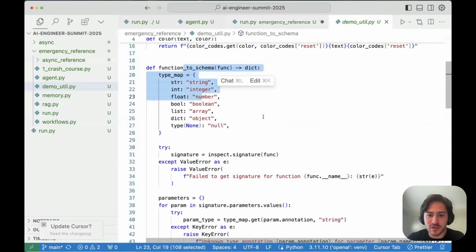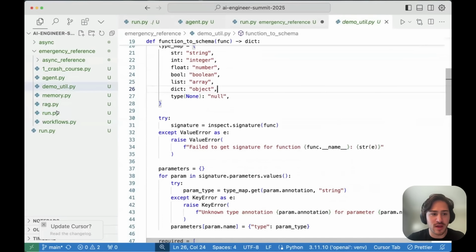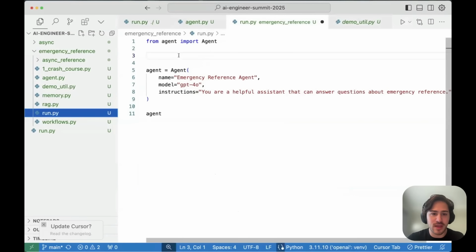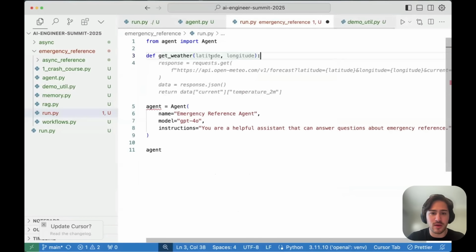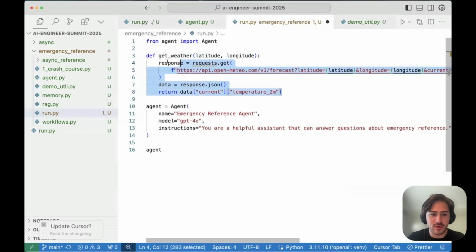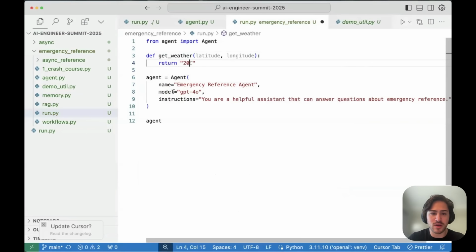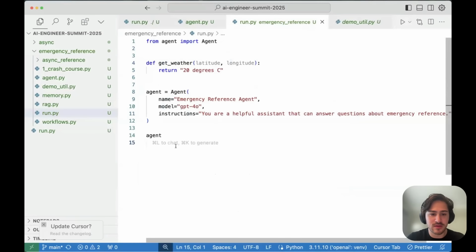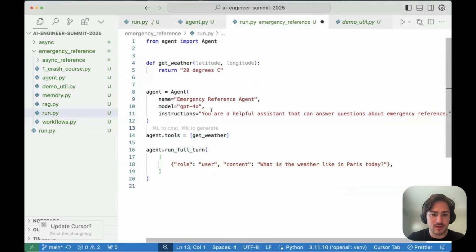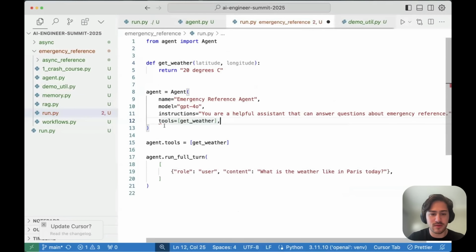This is the same thing that we have in Swarm, and there are a few other frameworks now as well. As an example, we can do get weather, and I'm just going to return 20 degrees Celsius. Great. I'll do that here.